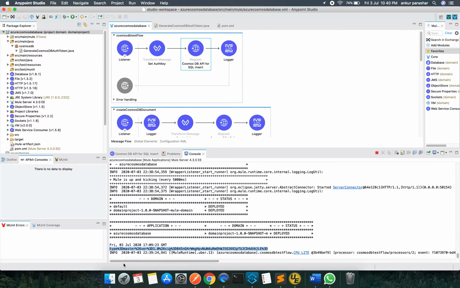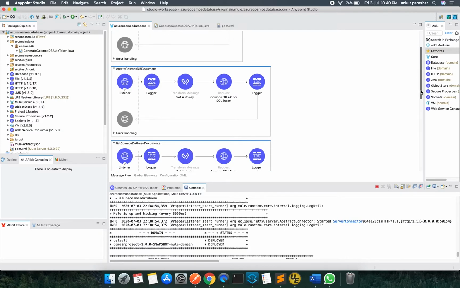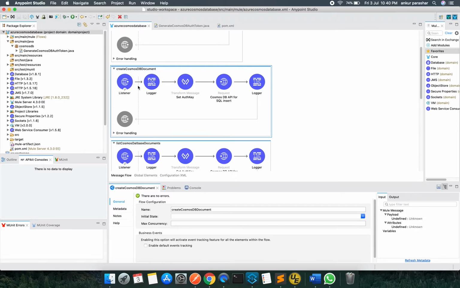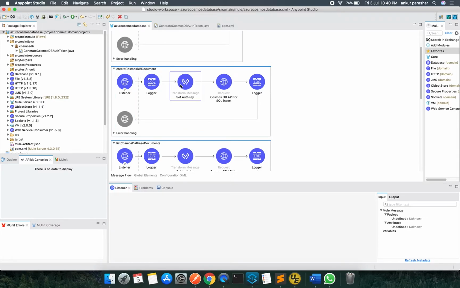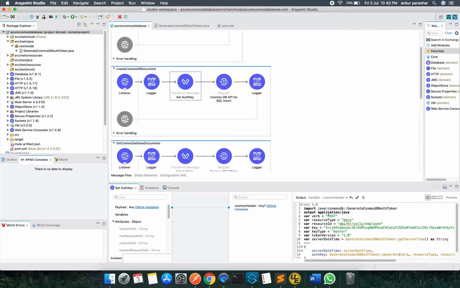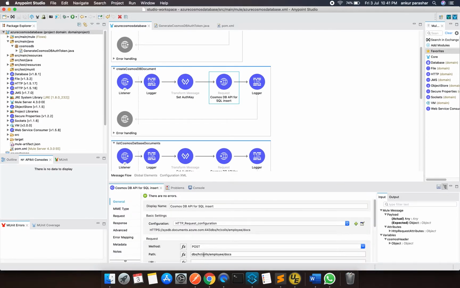Let's quickly dive through the rest of the operations. This one, create. So I will quickly check the operation name. It's insert. Almost the same POST will be used in the same steps. So here as well it's POST only, the same method. So I just created a copy of it.